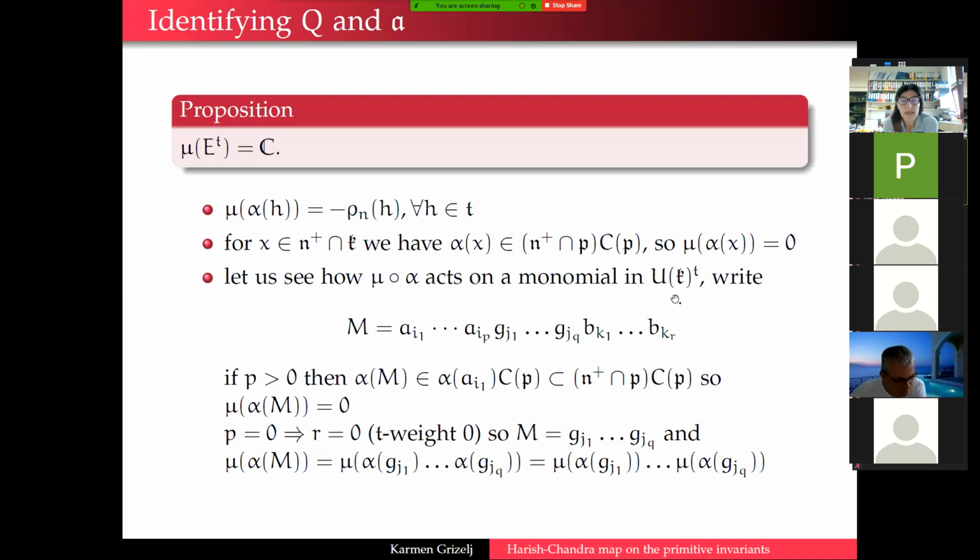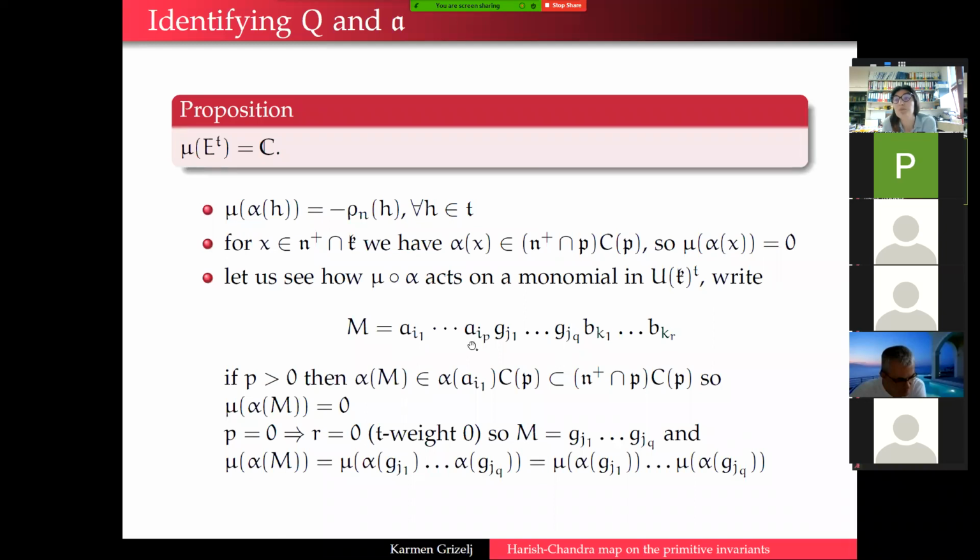So what we do is we take A's to be positive weight vectors. We take B's to be dual negative weight vectors. And these G's will be a basis for T. And now we're looking at 2 cases. First case is if